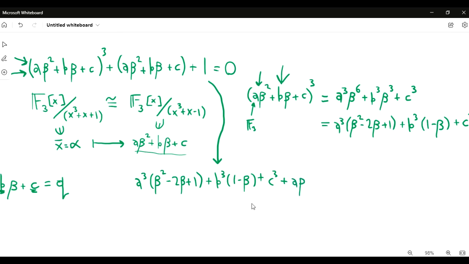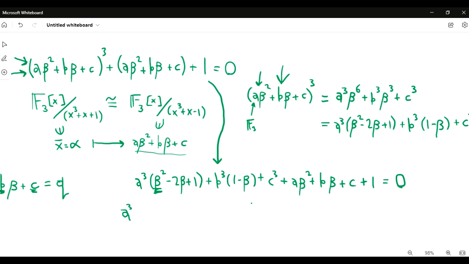And then we had a times beta squared plus b beta plus c, and then plus 1. So this part is really just solving an algebraic expression. But if we compare our coefficients, because remember, we're still basically working with polynomials, we can compare the coefficients of the beta squared and the beta. So we can look at this beta squared here. And